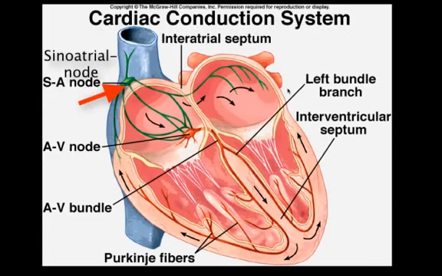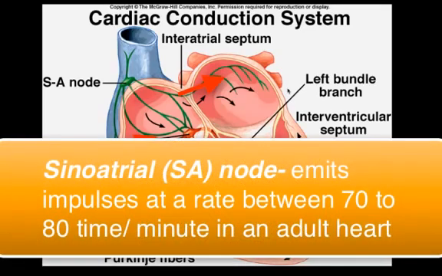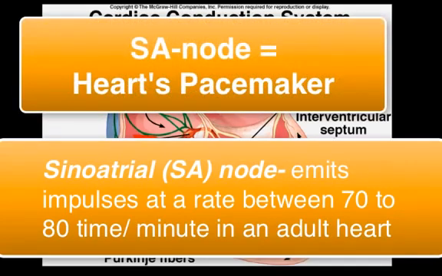The SA node is composed of these specialized cardiac cells that can generate their own stimulus without being stimulated by the nervous system. This impulse travels through elongated cells and initiates the contraction of the cardiac muscles of the atria. The SA node rhythmically sends out these impulses at a rate of anywhere between 70 and 80 times per minute in an adult heart. The SA node is also referred to as the pacemaker because it initiates the contraction of